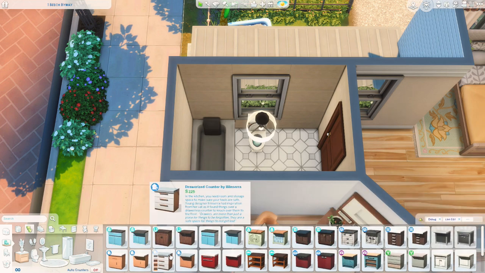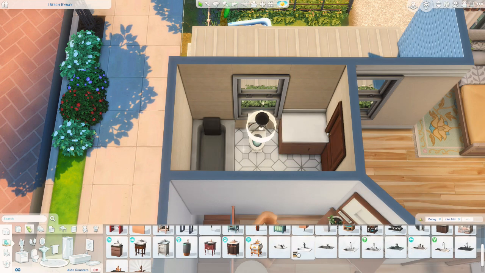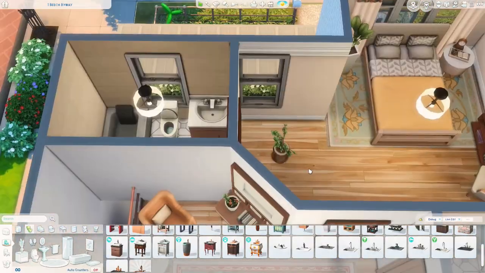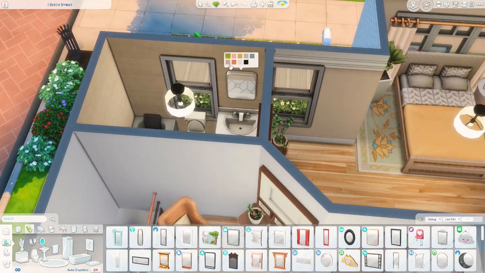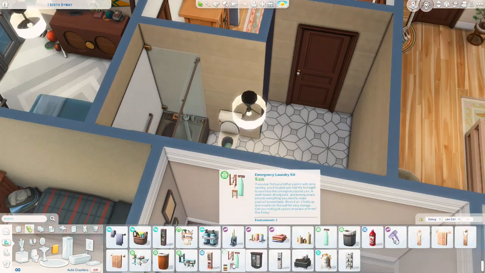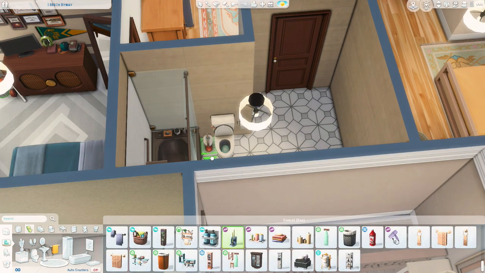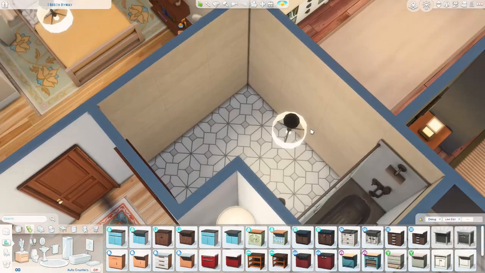But moving on to her bathroom, very simple again. I just add a tub somewhere for her to relax, and a plunger, and all the things you need in your bathroom pretty much. But I do end up going back and adding a window in there and a curtain to the other window. So moving on to the shared bathroom,